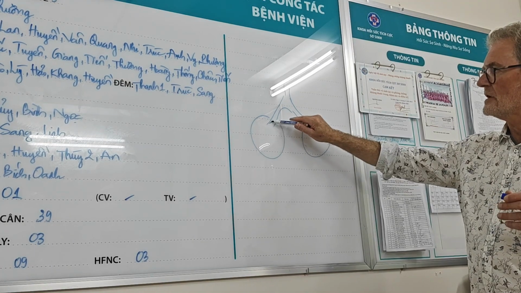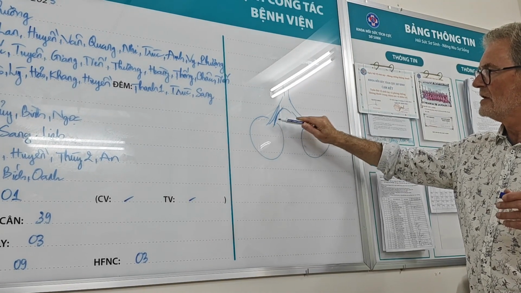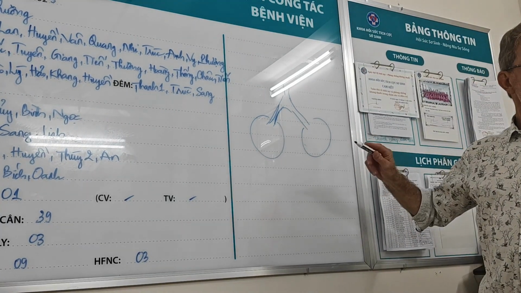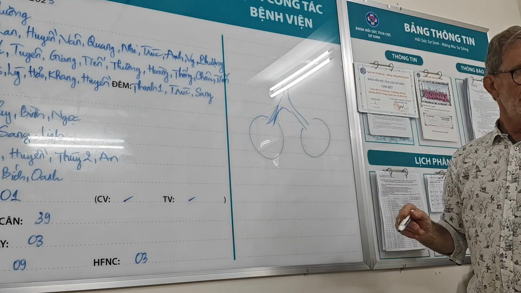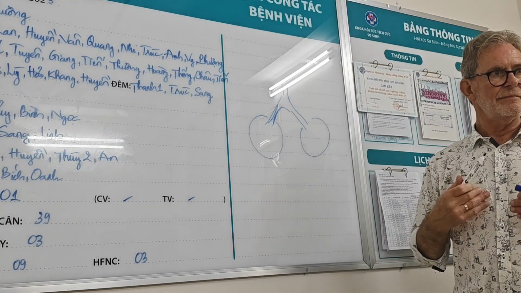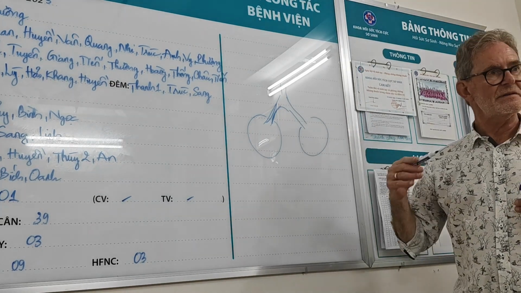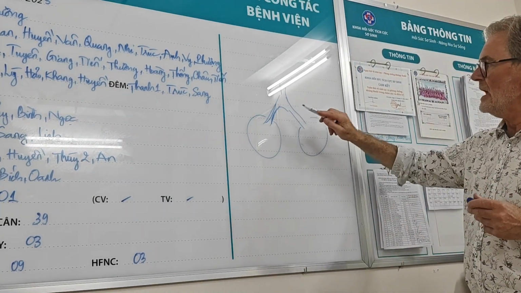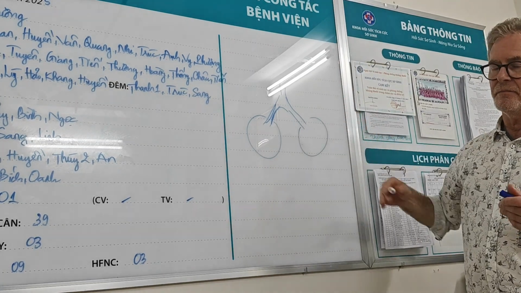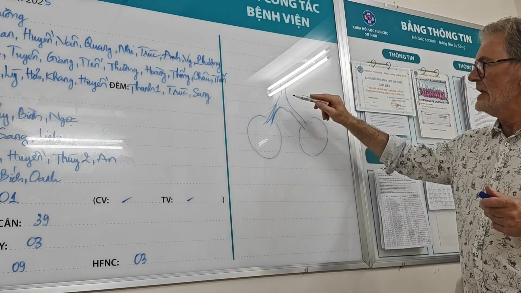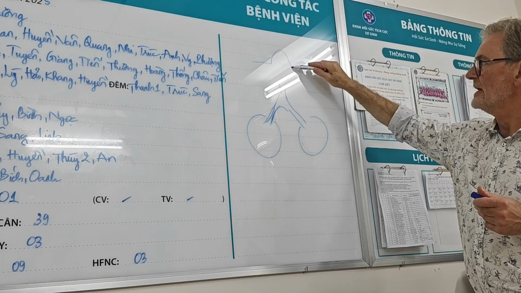So we try to ventilate them with short inspiratory time, short expiratory time, and fast rates. Now the problem with bronchiolitis is the airways are swollen. So now you've got high resistance. So the gas flow in is slowed right down, and the gas flow back out is even slower. And what happens is, as we ventilate them more like a newborn, each time we ventilate them,